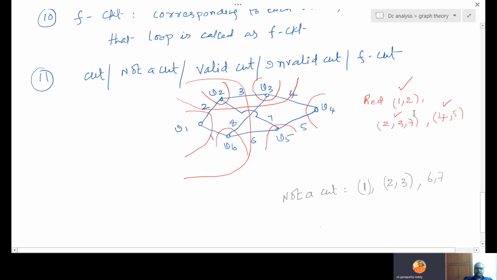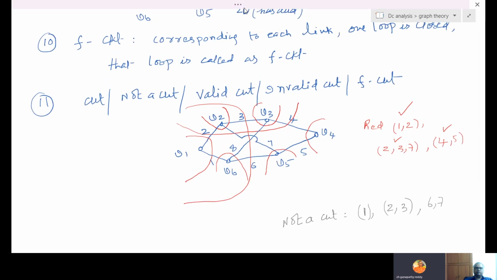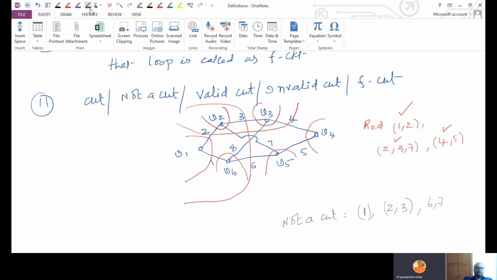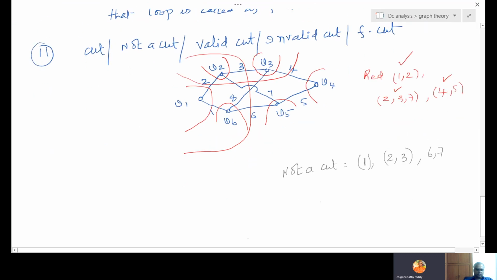All these red are valid cuts. Then invalid cuts means...